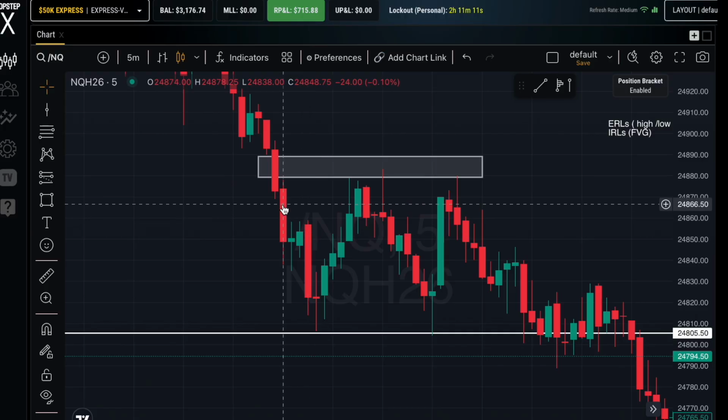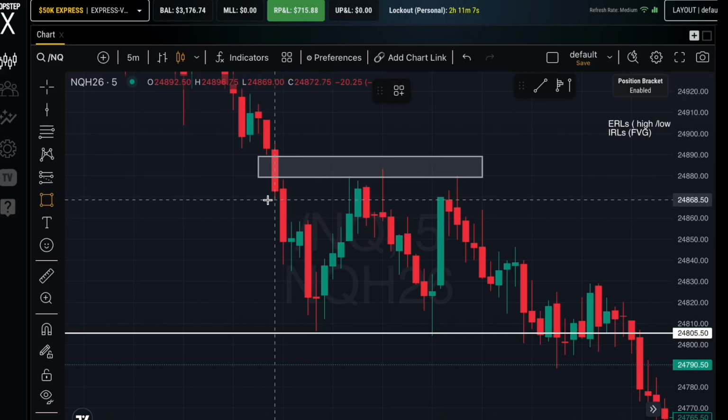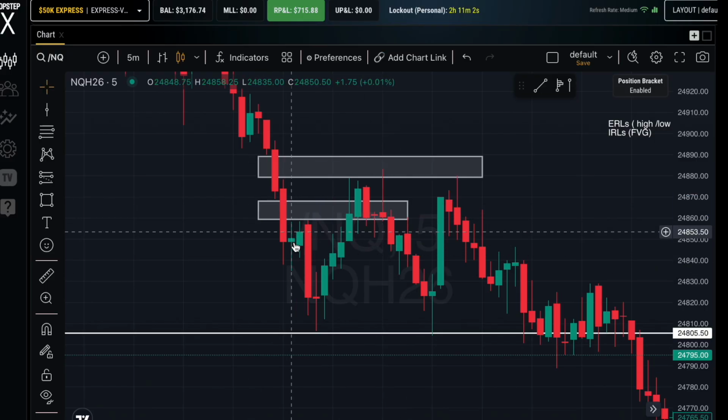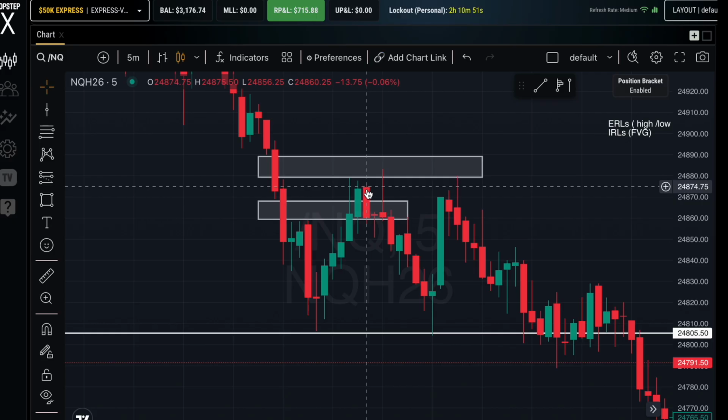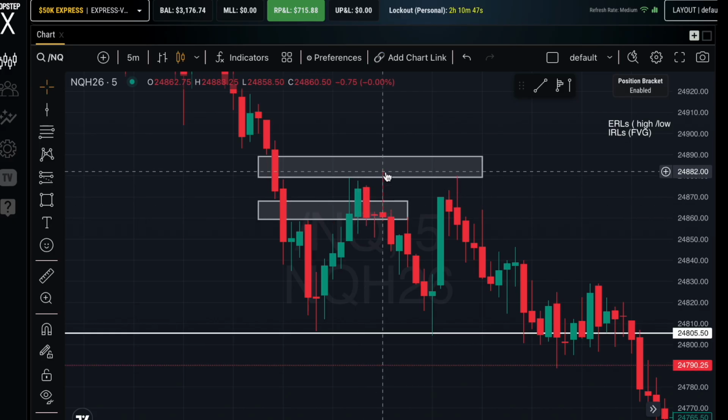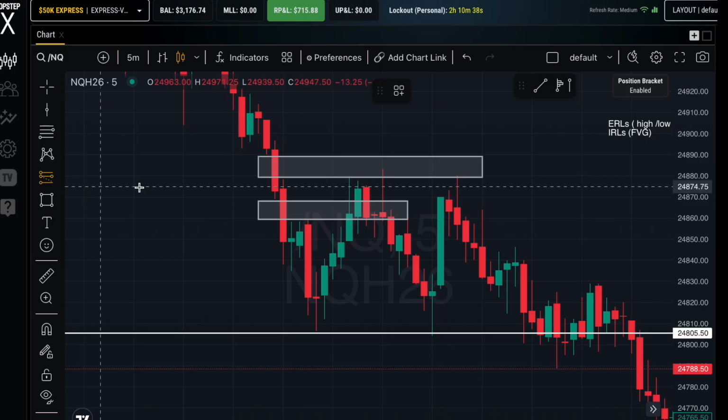And we actually could have two. Okay, if this one fails, right? Could have marked this one out too. Let's just say for reference sake, if this one fails, we have a second one to go for. Come down, we haven't touched it yet. This is where I got into this trade, right? We tapped into it. What happens automatically, right? As soon as we tapped into this one, I went short. So, we got into this short,